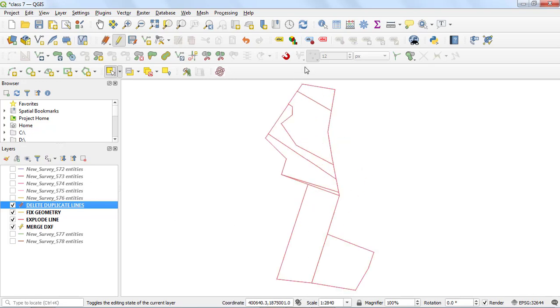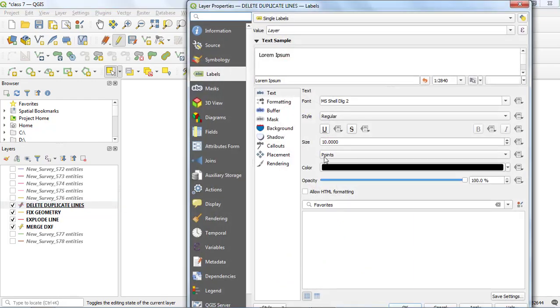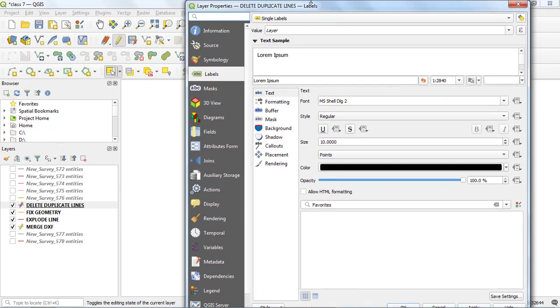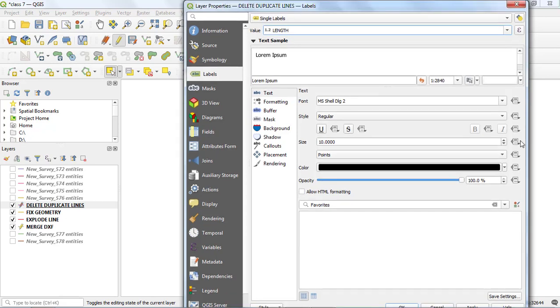Just close this. And after that, if you want to show the length of each line in the map view window, we need to give the label. Delete duplicate layers and click on single labels, and after that here select the value, that is the length, and click on apply and OK.